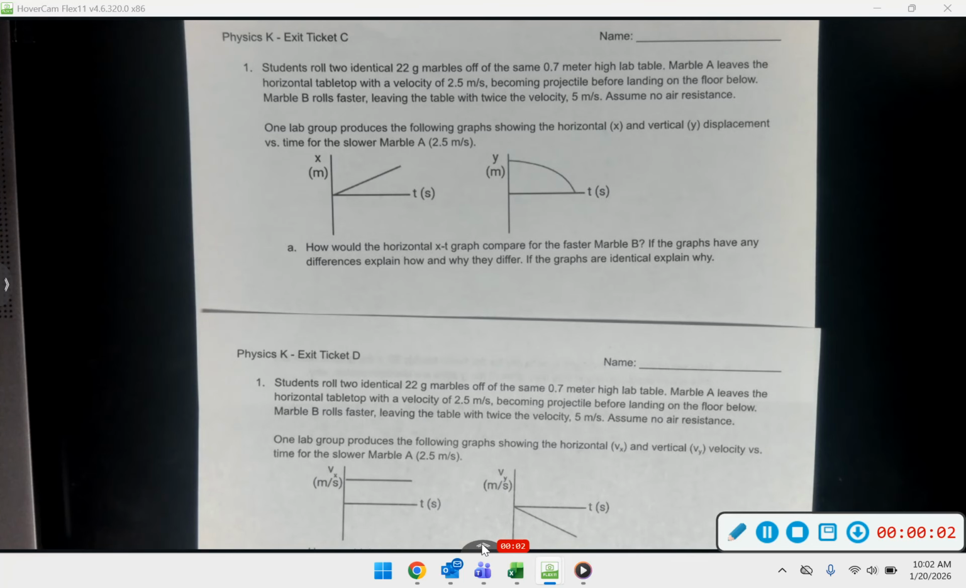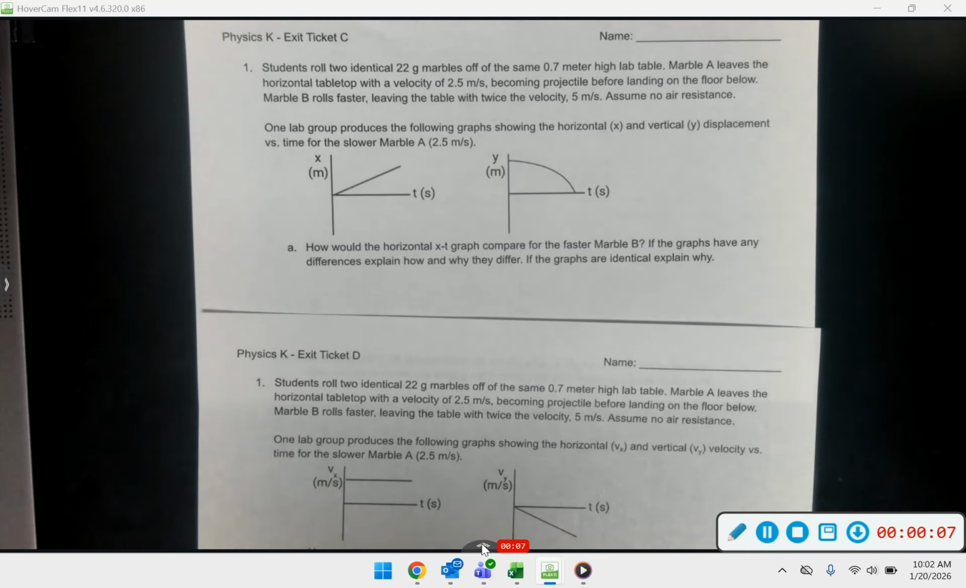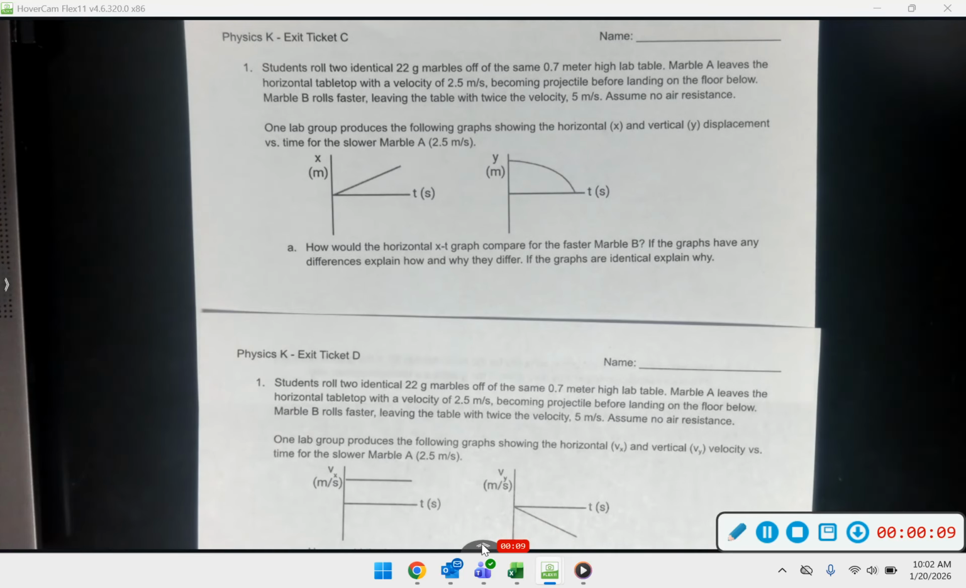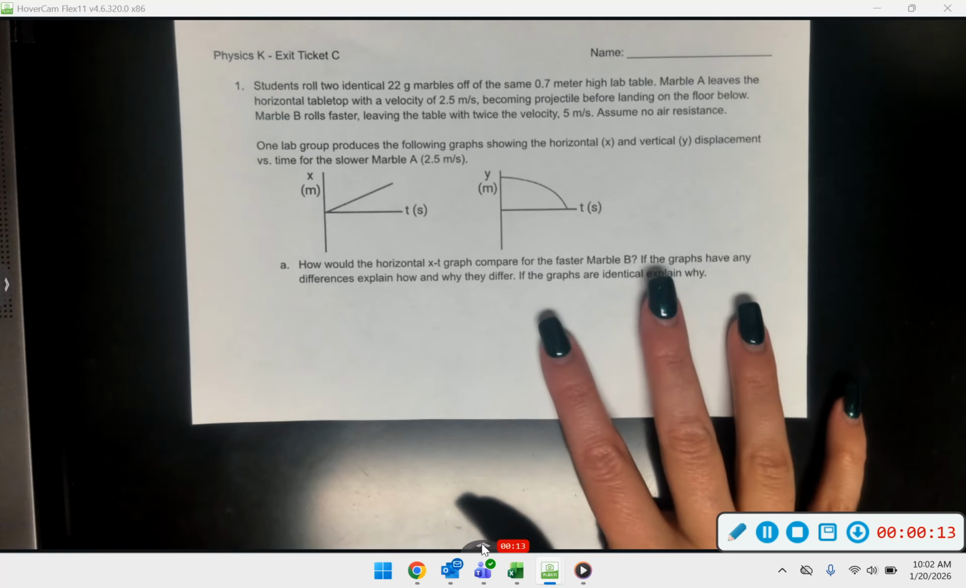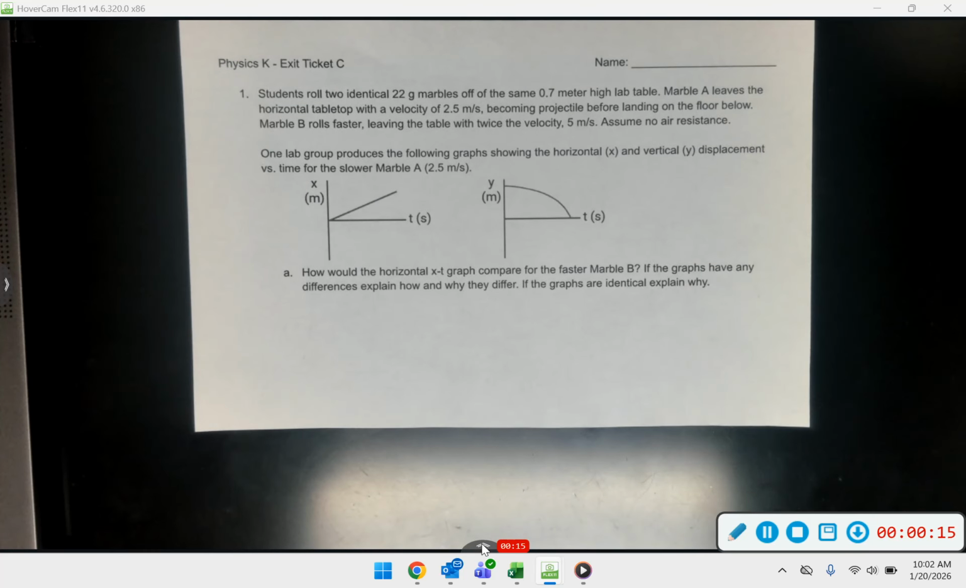These are the exit tickets for Form C and Form D that you took in class today for bonus points back. We're going to go ahead and talk about Form C first, and then we'll look at Form D in just a moment. Form C says, students roll 2 identical 22-gram marbles off of the same 0.7 meter height lab